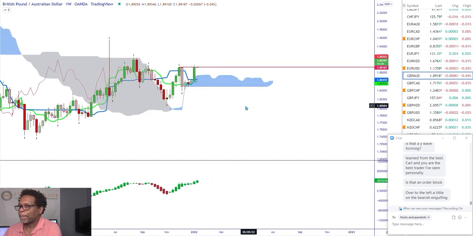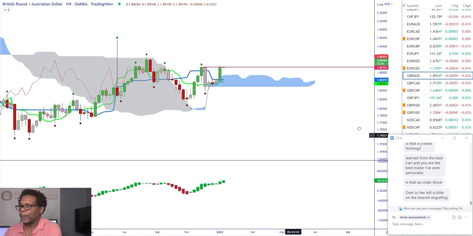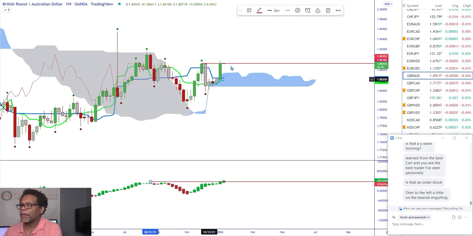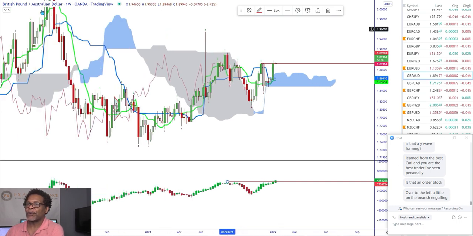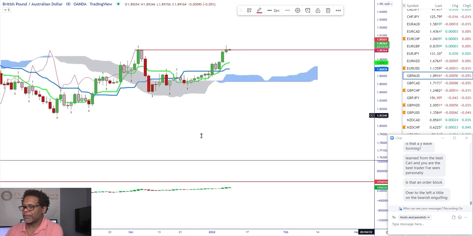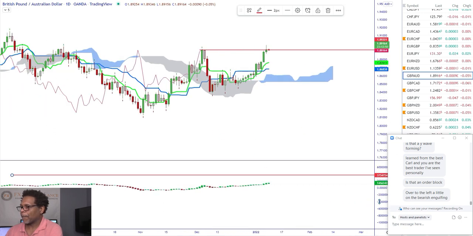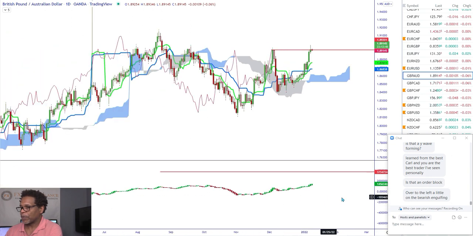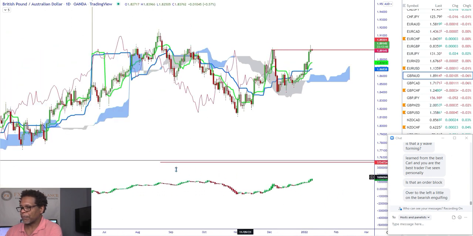Weekly. Double topping up here. And we're pretty much the same here too. All right, pretty much the same. And we're flat on the weekly. So nothing, kind of like ranging on the weekly. Let's go to the daily, hitting this top right here. This is the thing. So we have some, let's move this down.